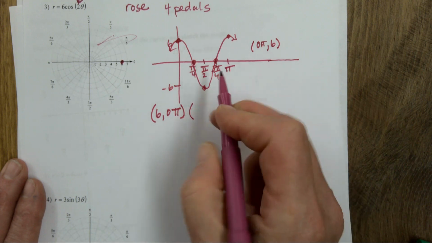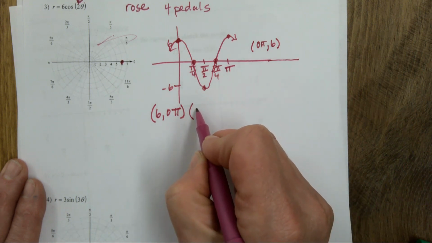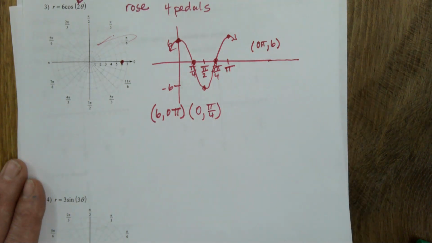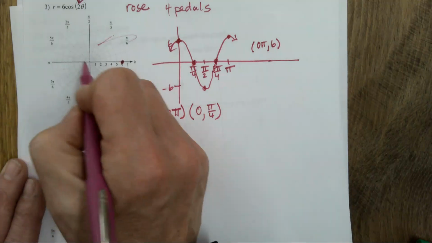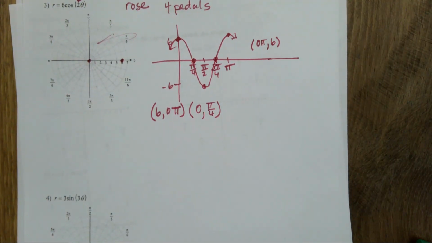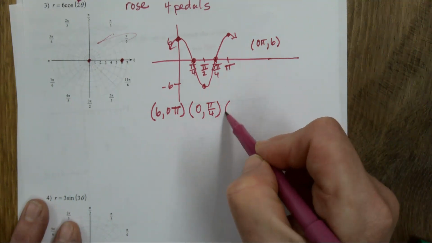Then I have 0, pi over 4. What does that mean? It's right at the center. It's in the origin. Yep. It just stays at the center. Then I have another one that is